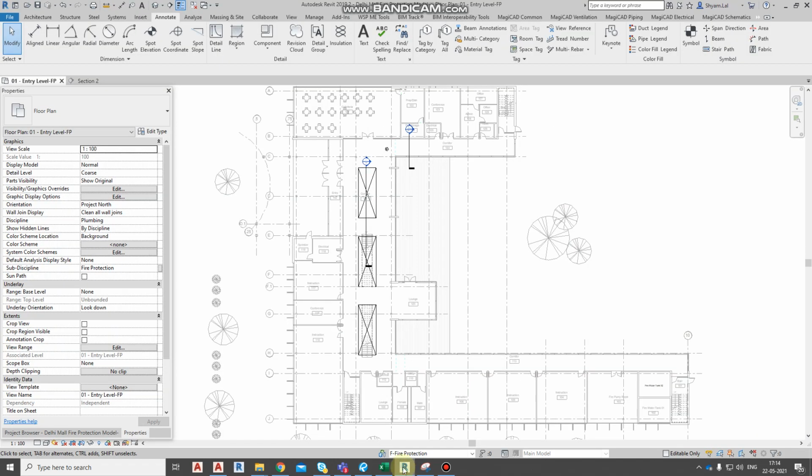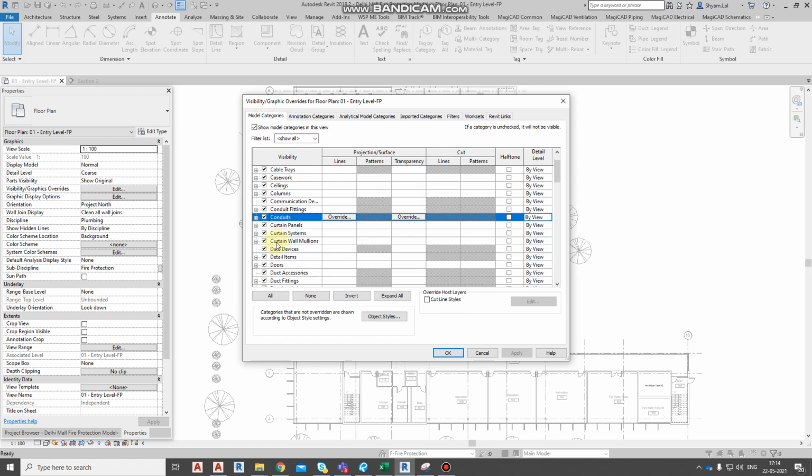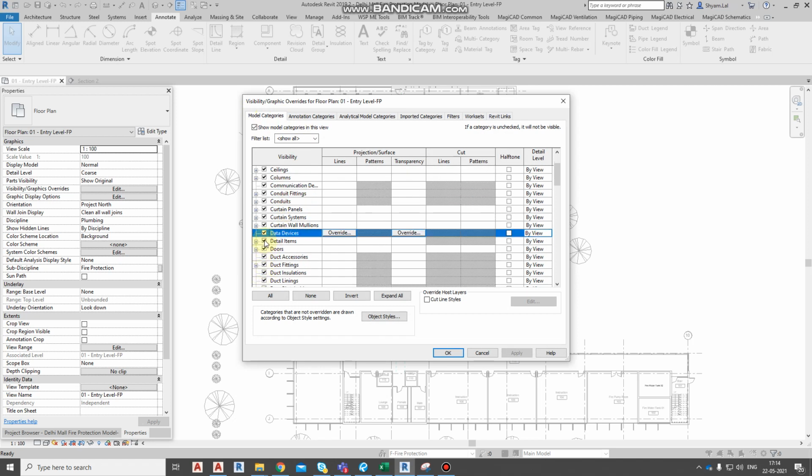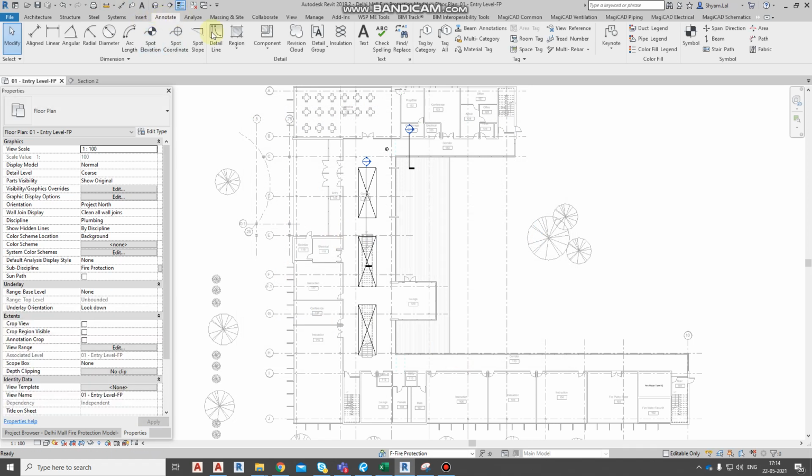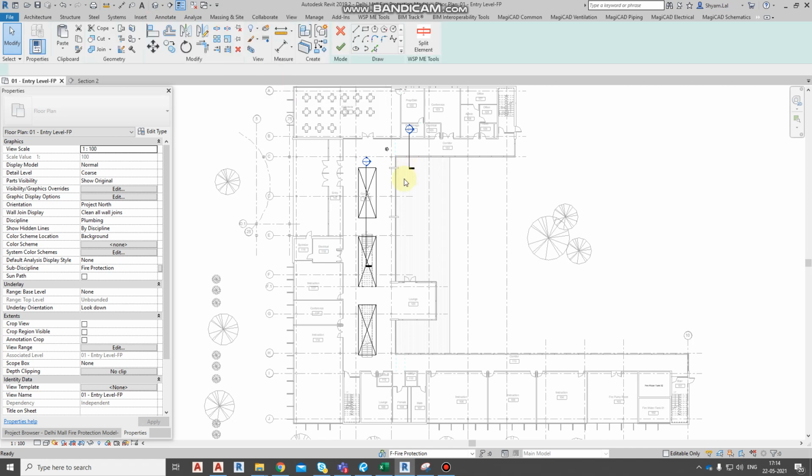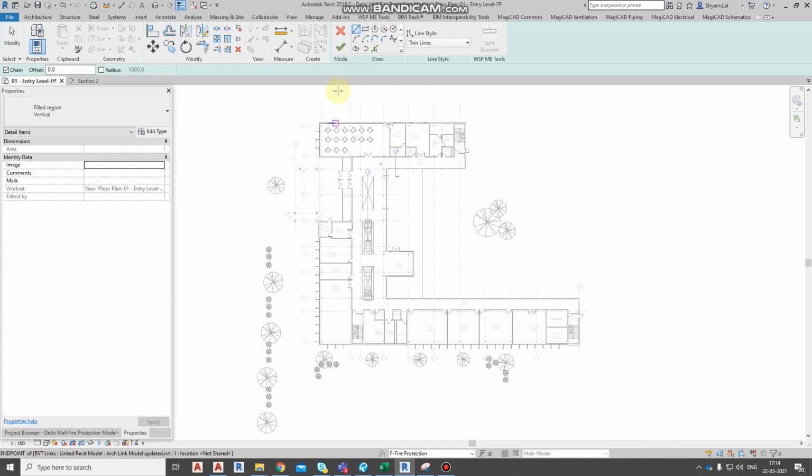Now we go to Revit and check the area of this complete floor. Go to Annotate, Filled Region. Just roughly we check this area, we will adjust later, no problem.